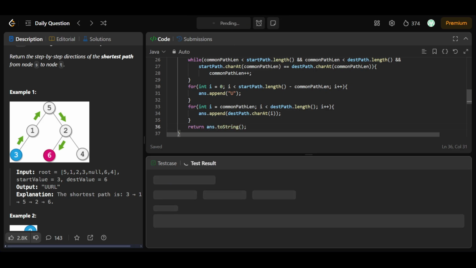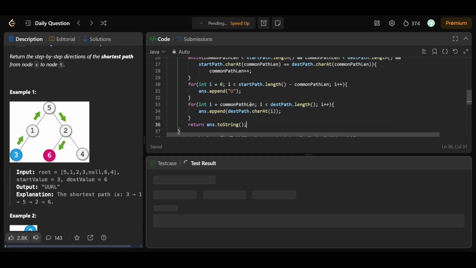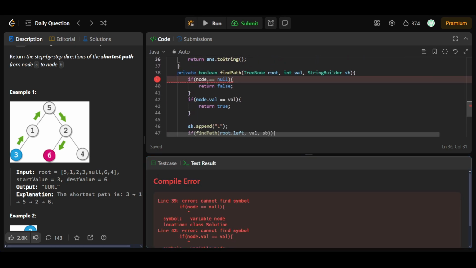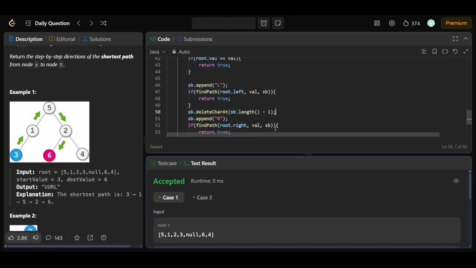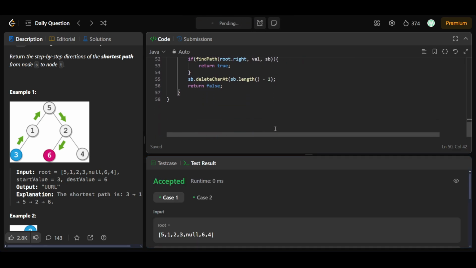And now let's give it a run. If root equal to null, root. Now let's give it a run, and it gets accepted. Now let's submit it,